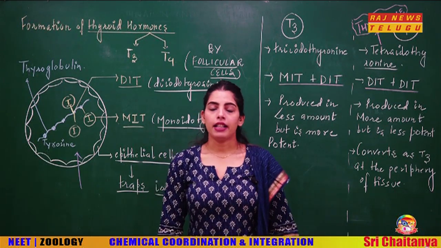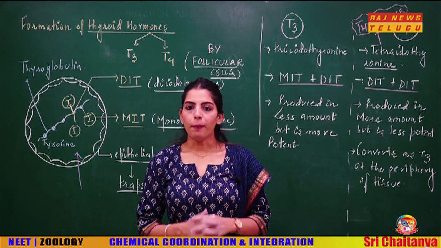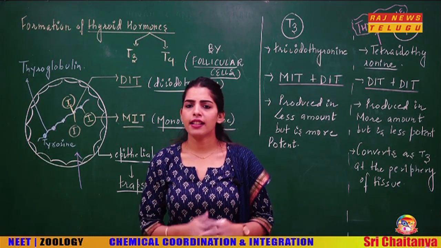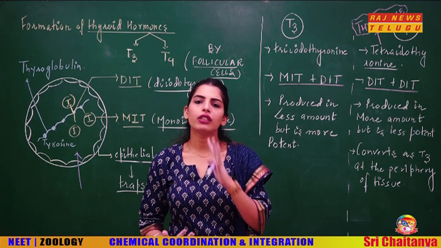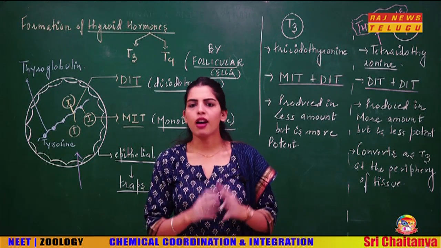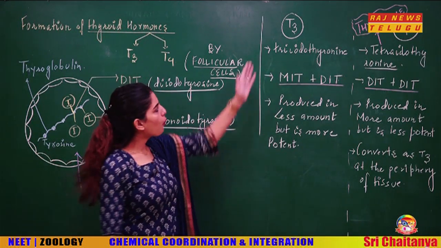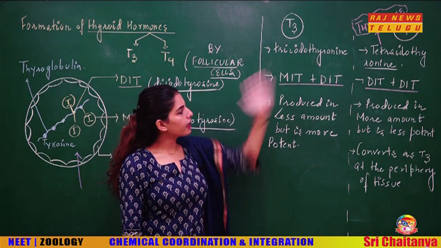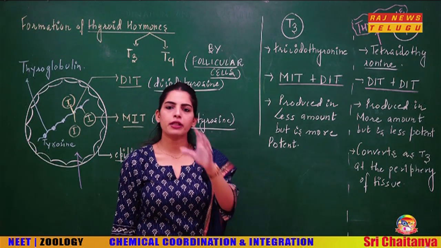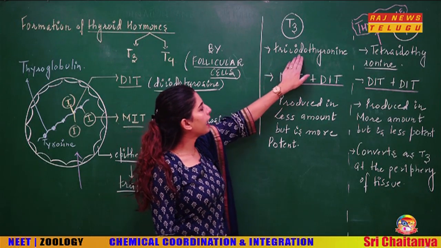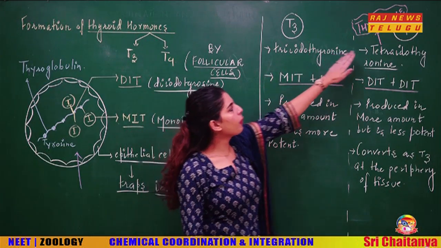How will this MIT and DIT ultimately form the thyroid hormones T3 and T4, and what are the differences or comparison of these two hormones? Let us now focus on this. I have written on two sides. One is the hormone T3 and the other is the hormone T4. First of all, just pay attention to the name. The name of T3 is triiodothyronine. The name of T4 is